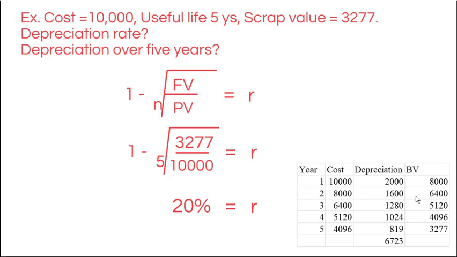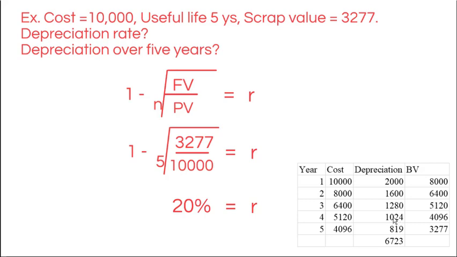So when it comes to computing the depreciation for year 2, we compute the depreciation based on the book value, not based on the original cost. So for the second year, book value is 8,000 and we still apply the 20% depreciation rate. So depreciation is now 1,600. So you can see in the first year we recognize 2,000 depreciation, but in the second year depreciation is 1,600, so it is reducing. So at the end of year 2, book value is 6,400.